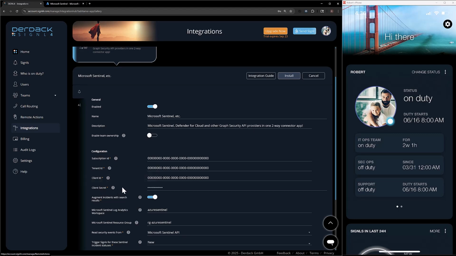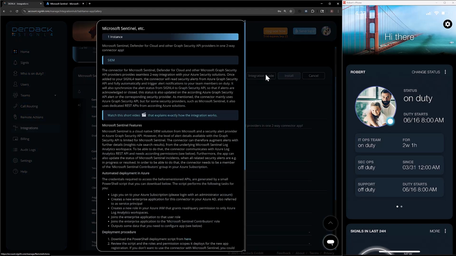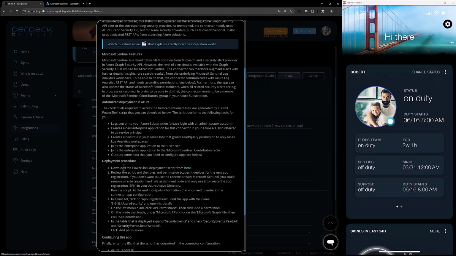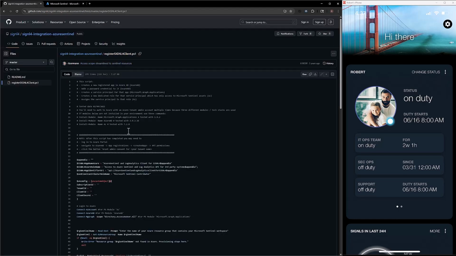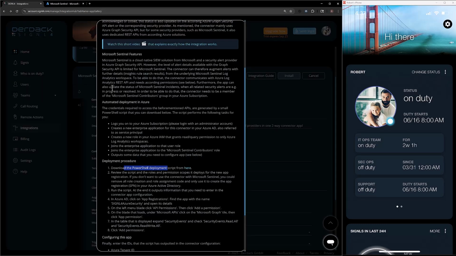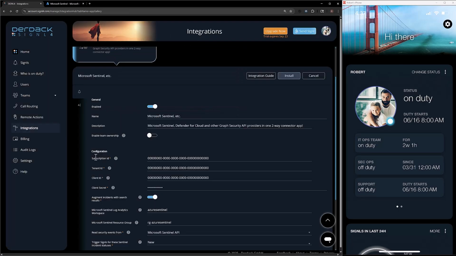secret, again from Azure. You can receive that through your Azure subscription manager on your side, or what we do here, inside of our integration guide, is give you a PowerShell script that will load up and access your Azure subscription, assuming you have the rights, and it'll pull down and give you these four pieces of information. So it will give you the subscription ID, the tenant ID, the client ID, and the secret, all to input into this information. You just need to make sure you have the rights to run that through your Azure subscription. If you do not, then you can have your subscription manager run it and they can give you